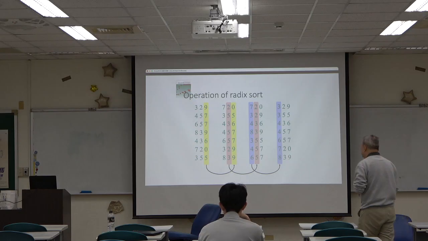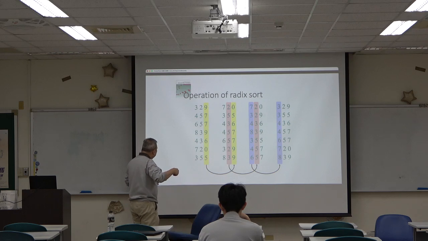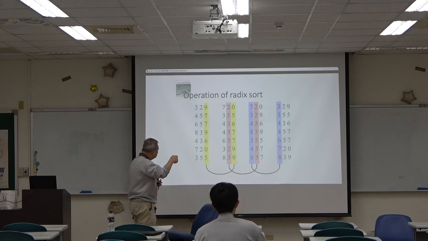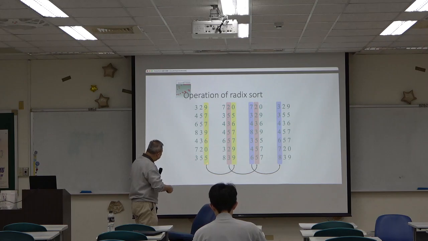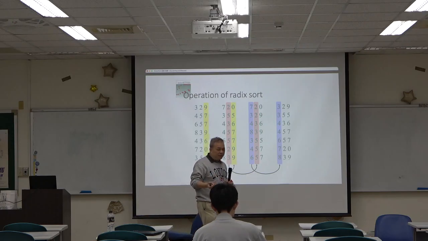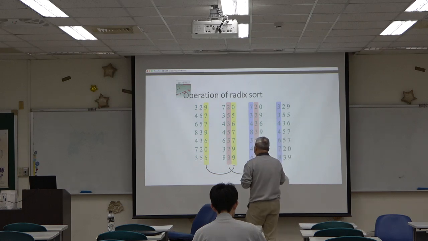You can see that in this case we have some 3-digit numbers. So we first sort from the least significant digit, which is the leftmost digit. So you can see that, okay, we try to rearrange these numbers according to this leftmost digit, but with a stable sort. The result is like this,